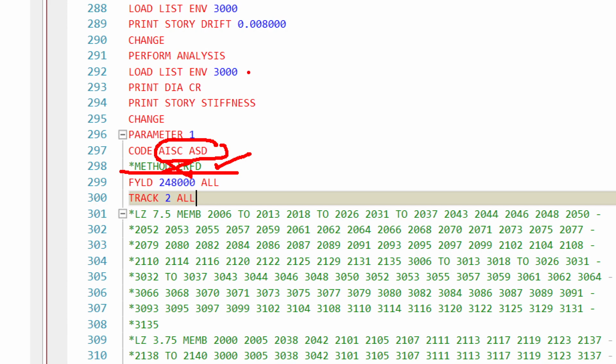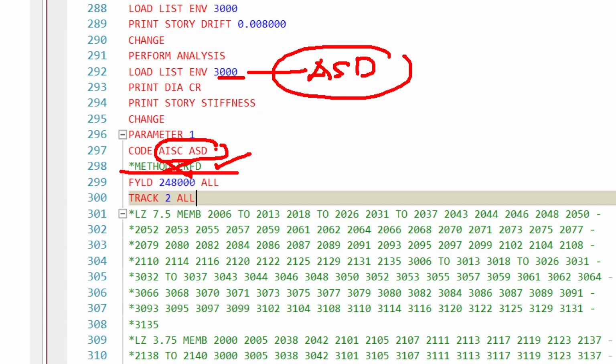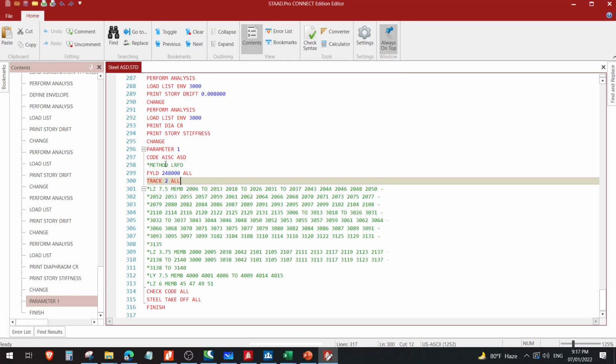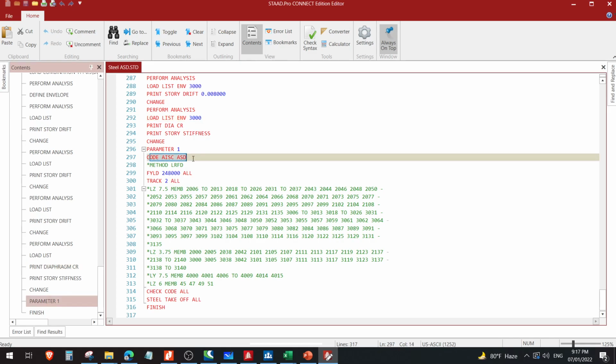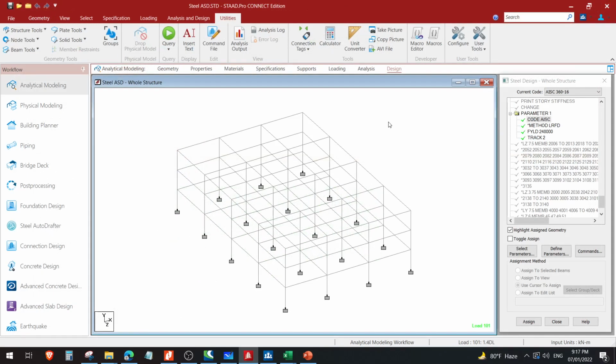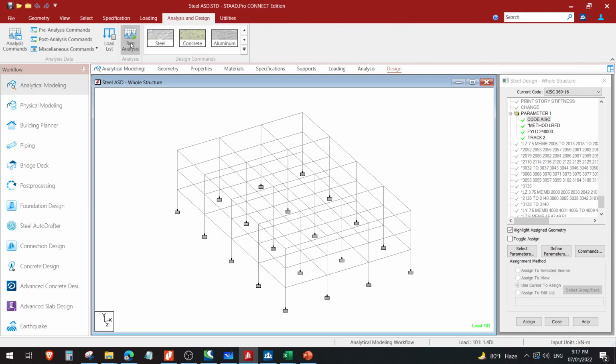And I'll be using, instead of 1,000, let's use 3,000. Ito kasi yung ating ASD load combination. So kailangan consistent, no? ASD to, ASD yung code, and yun yung gagamitin ni STAAD for the design. Okay, so minanipulate natin yung STAAD editor, inedit natin to, yan, and proceed with the analysis and design. So I close this, then run analysis,